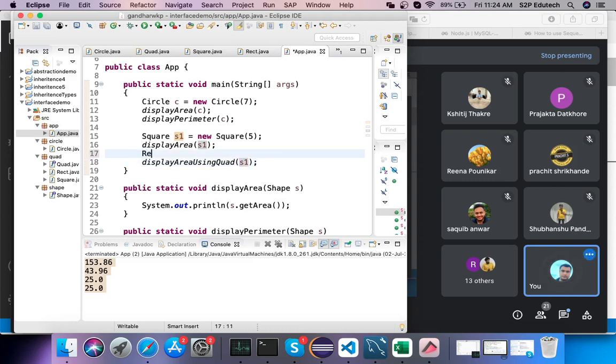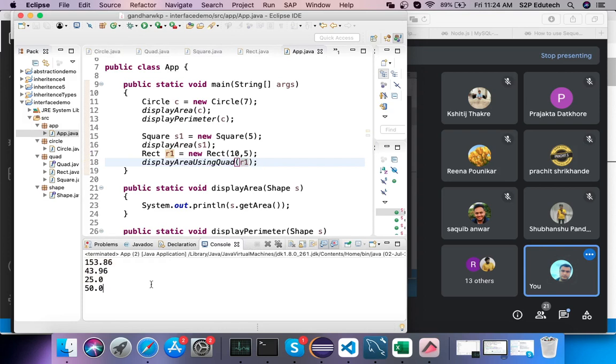You can have Rect r1 equals new Rect. We can have 10 comma 5, and I will pass r1. This should also work. Right, so what we have done is we have used an interface. Right? For what? We have used an interface for, say, for learning abstraction. So what is abstraction? Abstraction means